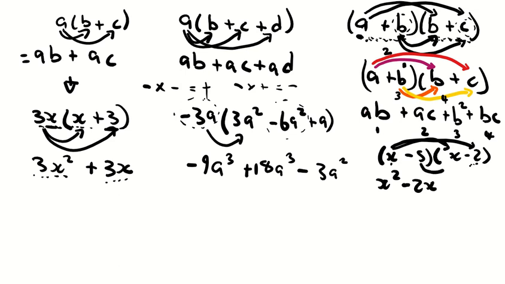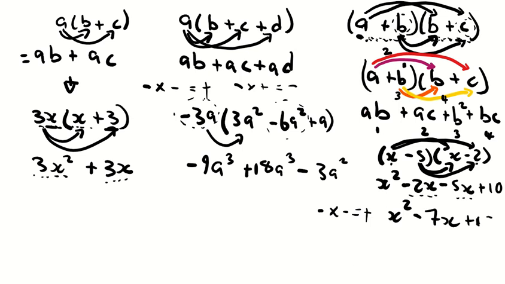Now, negative 5 multiplied by x is going to give us negative 5x. Negative 5 multiplied by negative 2 is going to give us positive 10. Remember, negative 5 multiplied by negative 2, 5 times 2 is going to be 10, but a negative and a negative, which are the signs of 5 and 2 respectively, when multiplied together, give us a positive. Negative times negative is a positive. Okay, and now you will further simplify this by combining the like terms. In this case, it's clear that negative 2x and negative 5x are the only like terms, and you're going to have to add them. So x squared, and then negative 2x minus 5x is going to be negative 7x